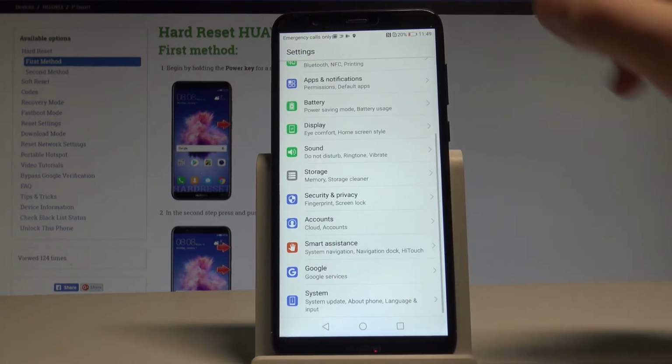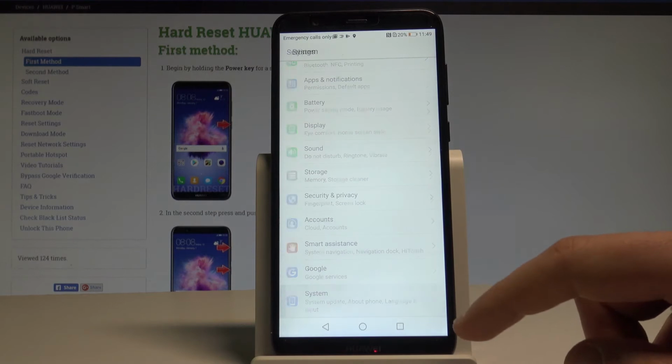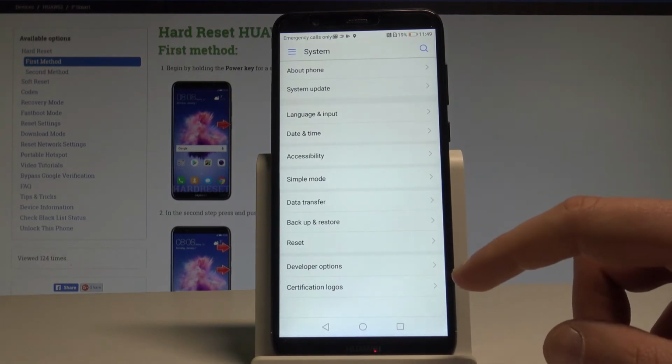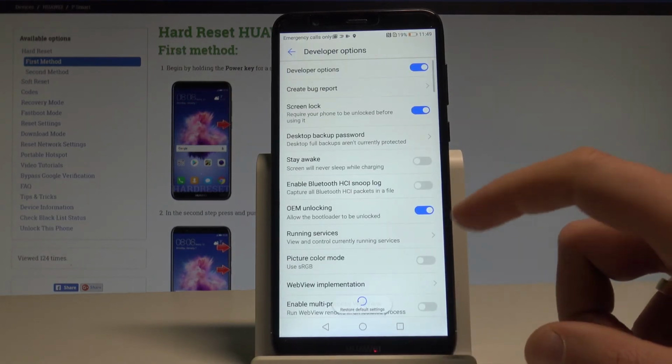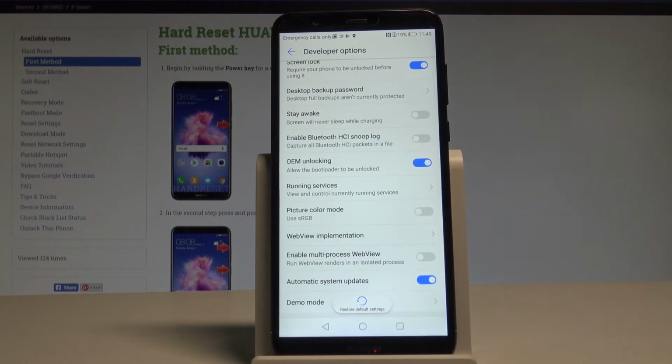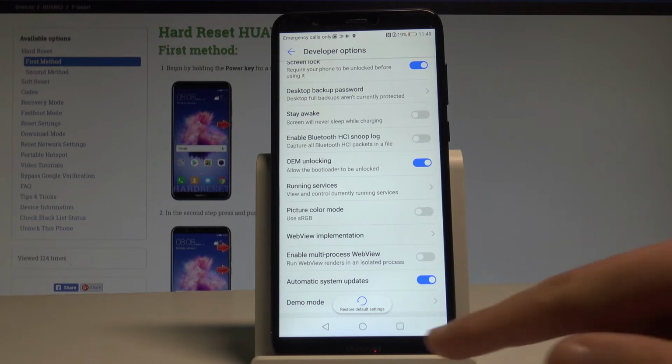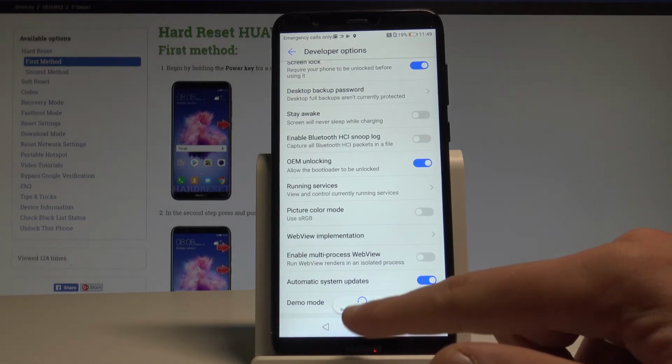Right now let's scroll down in order to find and select the system. From the following menu, let's choose developer options, and here you've got the list of developer features. If you would like to restore all developer settings to the default state, let's use this button, restore default settings,